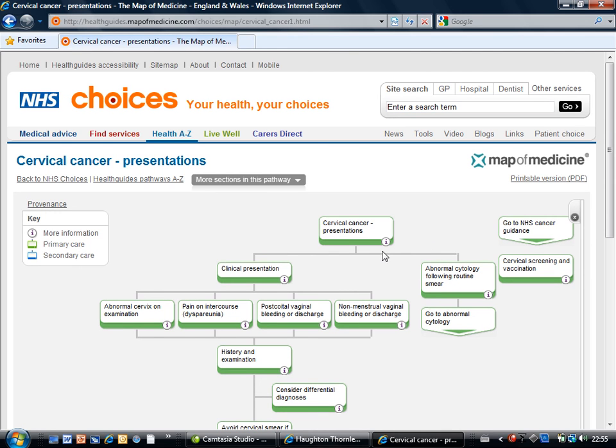So here's cervical cancer presentations and the clinical presentation, and these are some of the symptoms that people can present with who might have cervical cancer. I should add that these symptoms don't necessarily mean cervical cancer, and there are other causes besides cervical cancer for such symptoms. You can also see here abnormal cytology following a smear, and if you follow the pathway, go to